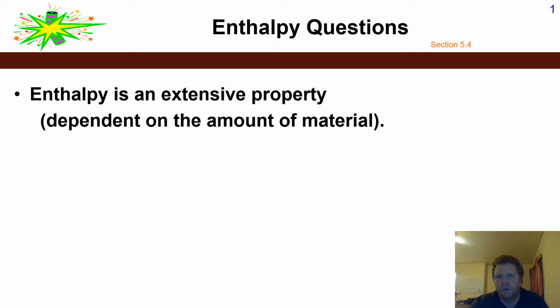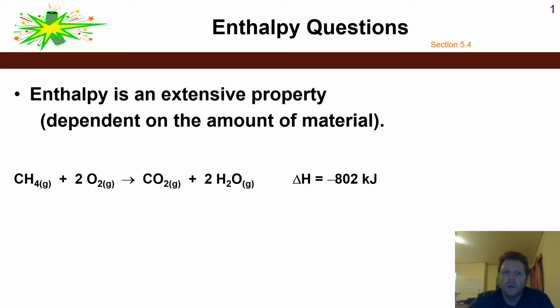I gave the example of, if you had a glass filled with gasoline and you lit it on fire, compared to a 55-gallon drum filled with gasoline and you lit it on fire. One of them is going to produce more heat. So enthalpy is an extensive property. It's dependent on the amount of that material. And we see that in this type of reaction right here, which, for a little bit of a review, is a hydrocarbon